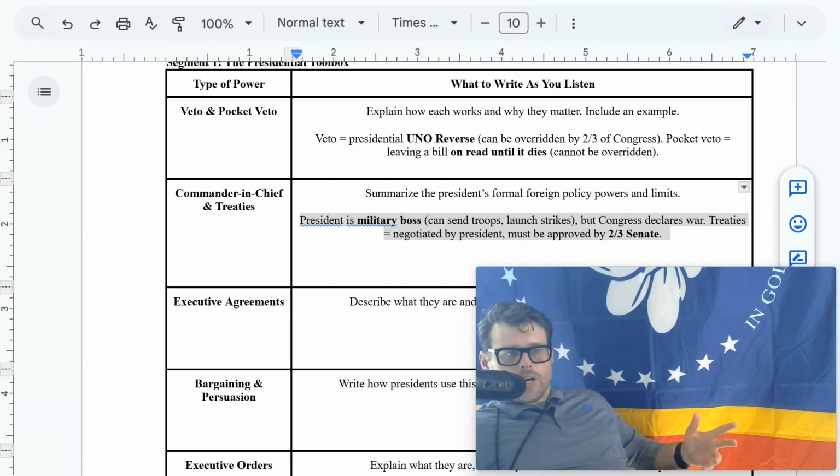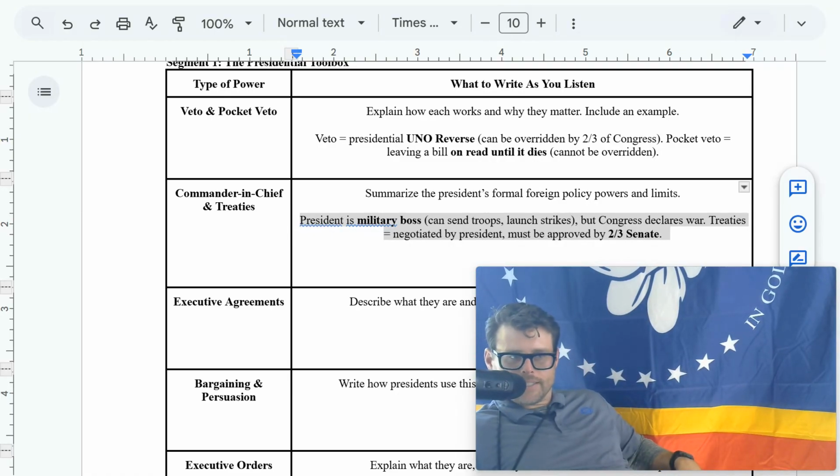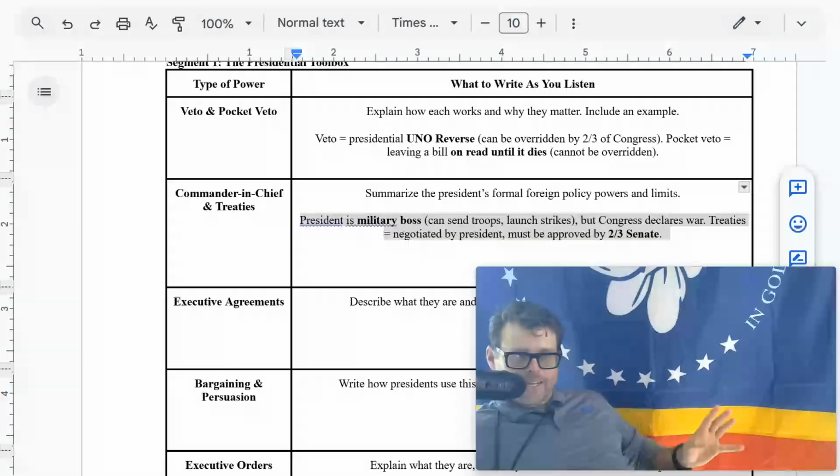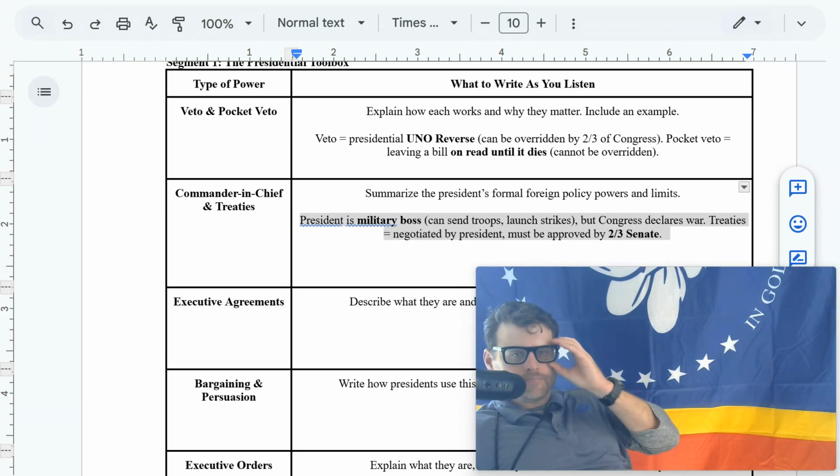And then you have Barack Obama, right? President Obama, who signed the Paris Climate Accords to help try and solve global warming. Trump pulled us out of it. President Trump pulled us out of the Paris Climate Accords, said we were paying too much. Other countries needed to pay more, do more. And then Biden put us right back in, right? So all of this without Senate approval. Executive agreement.